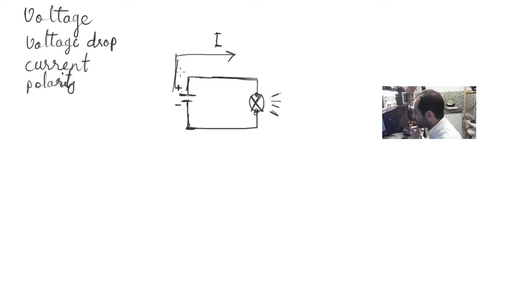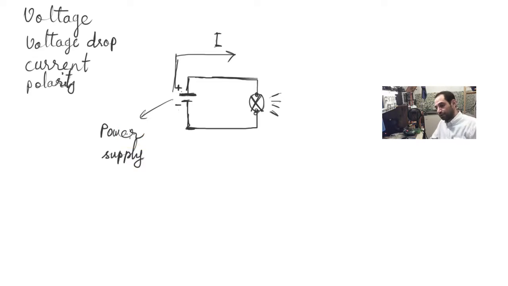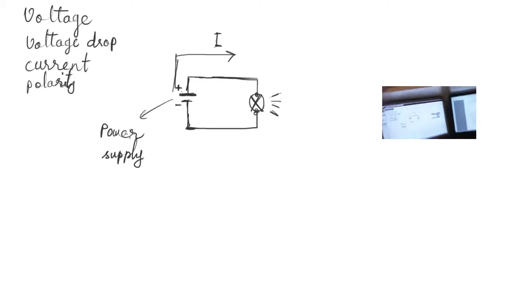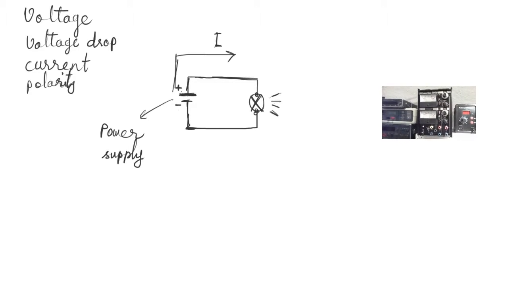Now in an electronics lab, instead of the battery here, we use something called a power supply, which is something like this. This is a basic power supply that has one rail up here, another rail down here, and then another output here, and all of your outputs you get from these terminals, and your voltage and current you can